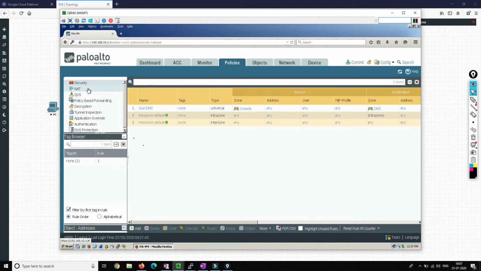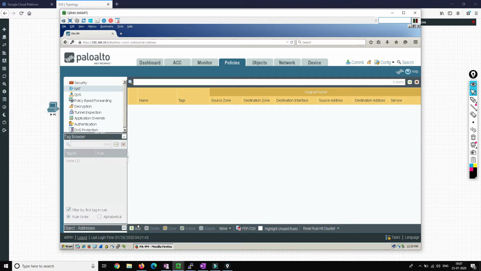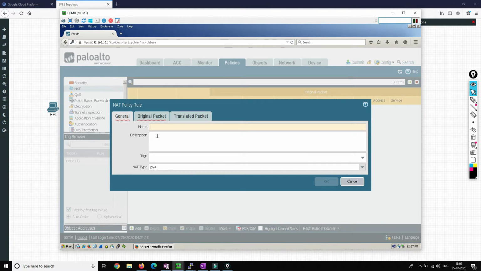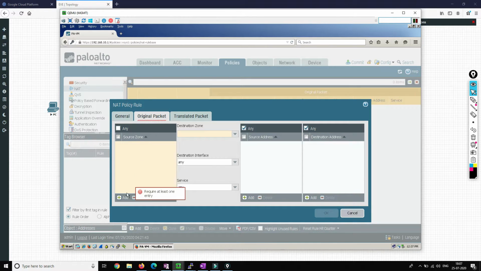We'll go to the NAT policy now and add a NAT policy. I'll name it DNAT, for dynamic NAT. The source zone will be outside, and the destination zone will also be outside, because the NAT will happen on the outside.